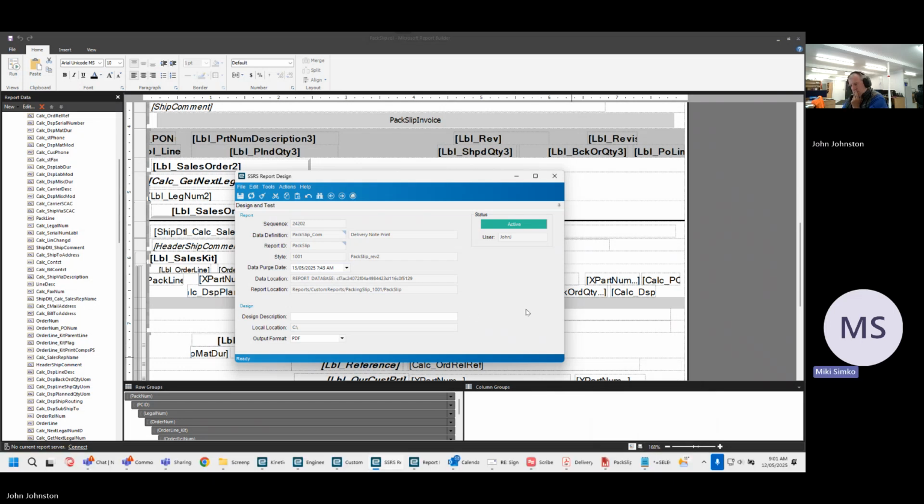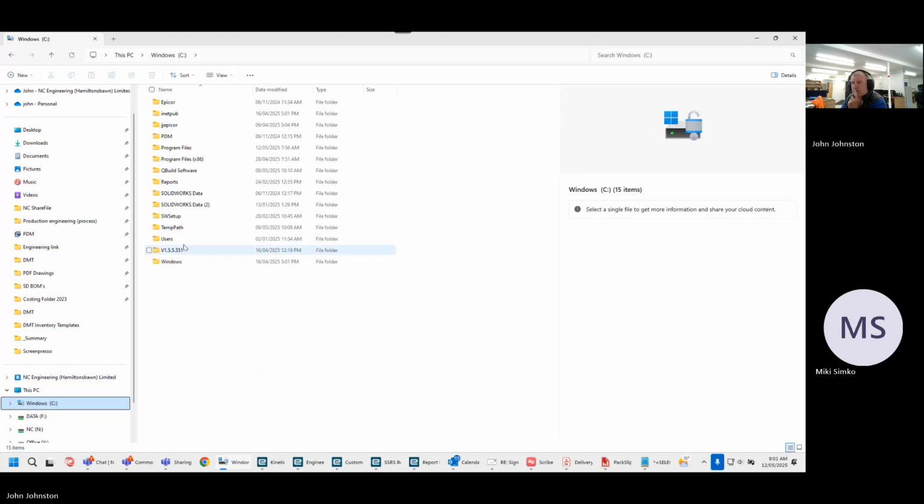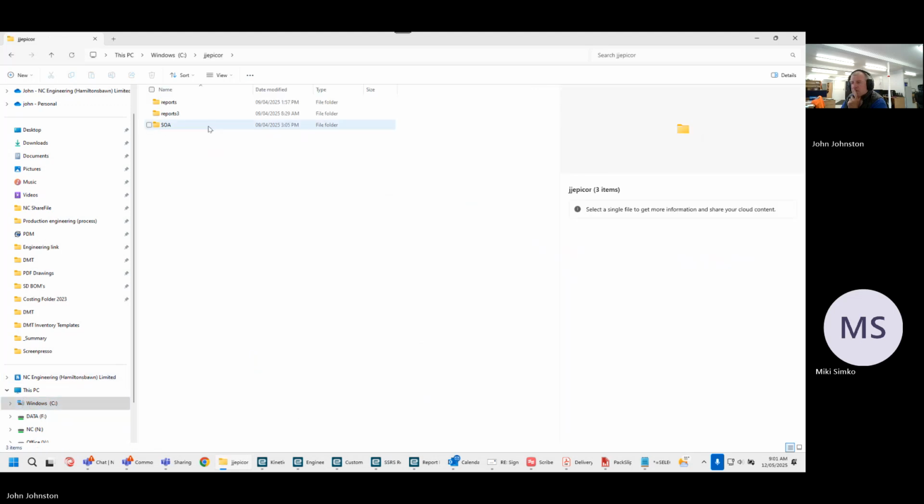Can you try to open the folder where we downloaded the actual report? It's in here. So reports, okay. Custom reports, packing slip, pack slip, misc charges, mark for pack slip invoice. Right. Do we have any more